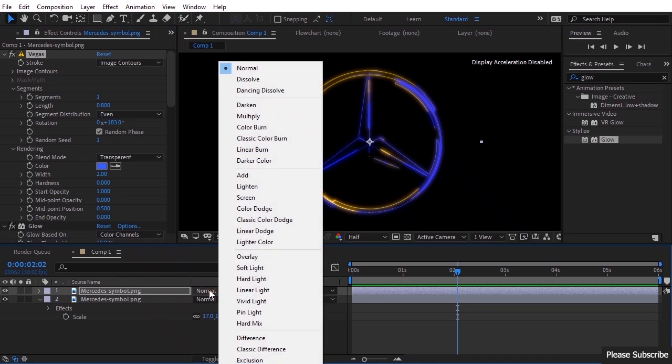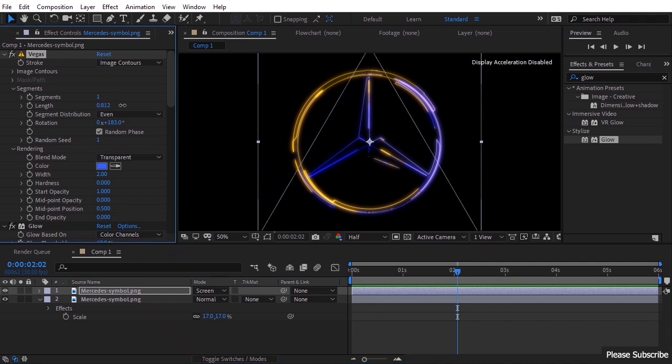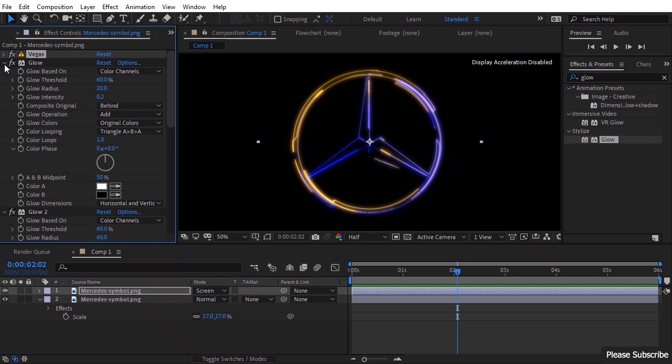Now, if we select screen in the mode section, you see the parts that are common between blue and yellow appear. If we increase the amount of length a bit, their common parts will increase. Well,